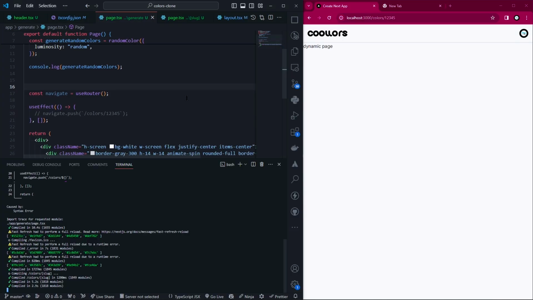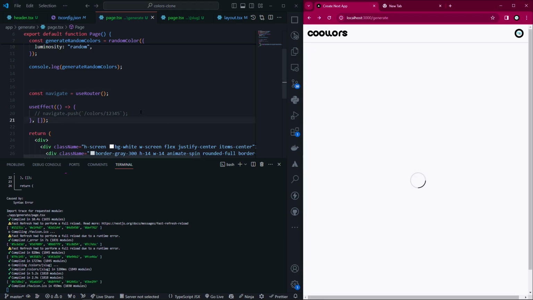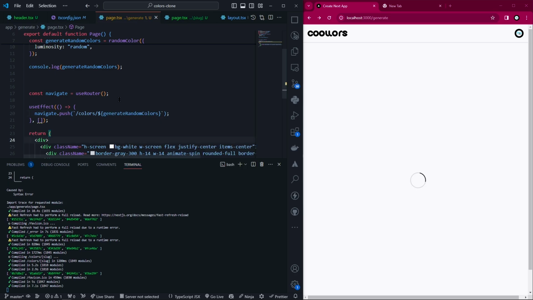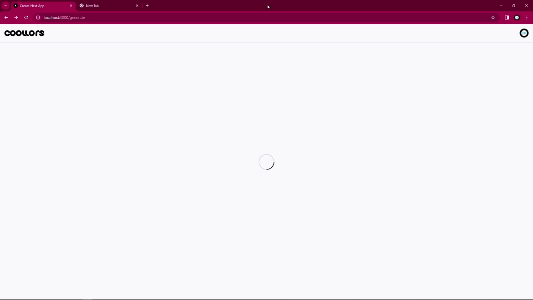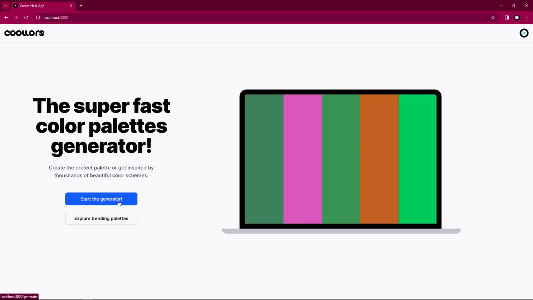And so the next step is just to navigate the user. So let's quickly go back to the generate page where we have our loader, and we're just going to say push, and let's pass in this variable. The variable we have right now is just generation color, which is just a string. So let's quickly see this. Let's make this larger, go back to the landing page and refresh the page one more time. Okay, so we have start the generator, we get to the generate page, then cool, routed to this